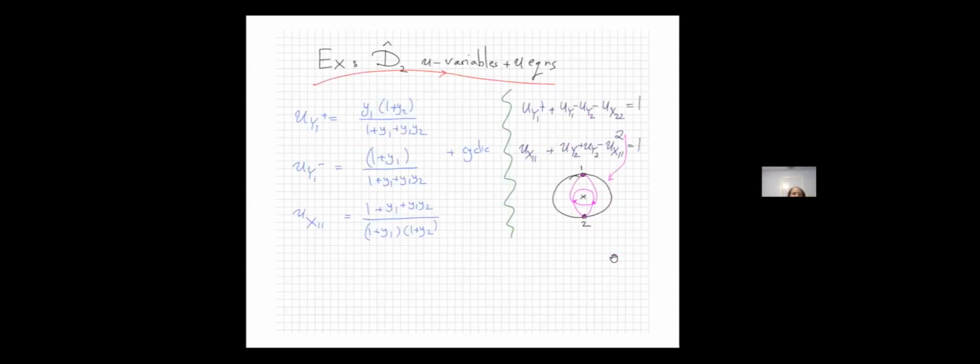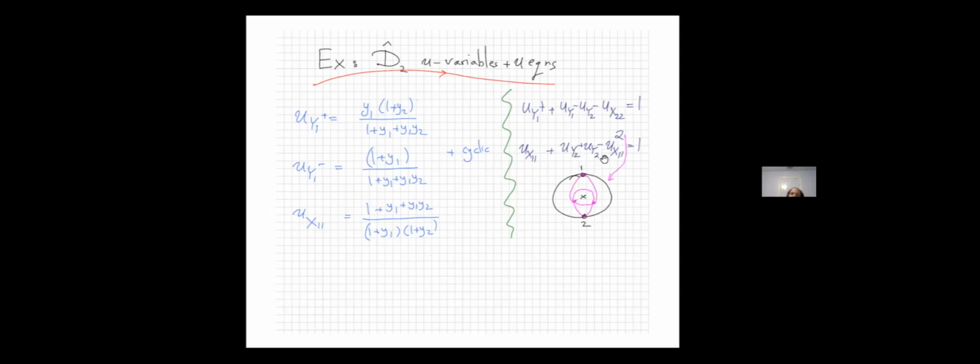Here's an example in the D2 hat case, which is that hexagon that I showed you. Here is explicitly what the u variables turn out to be. There are 3 of them here. You shift them over to get the other 3 cyclically, and here is what the u equations look like. So the u for y1: who is incompatible with y1 plus? Well, y1 minus and y2 minus are incompatible, and so is x22. That's the equation for u y1 plus, and you shove this in, you can verify this equation is satisfied. And now we get some more interesting powers for ux11 here.